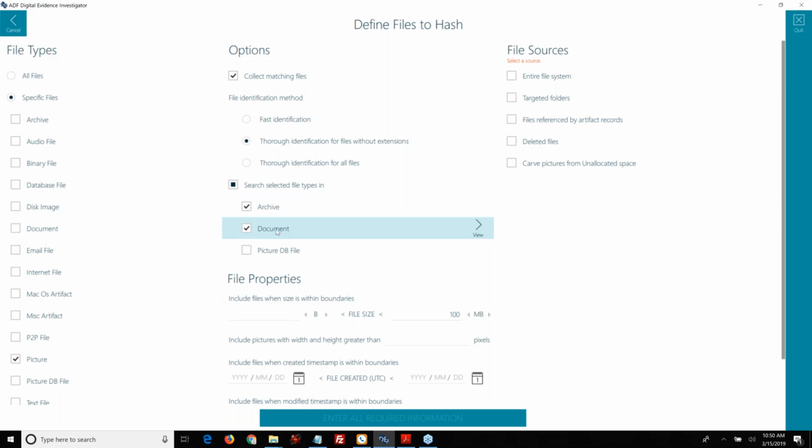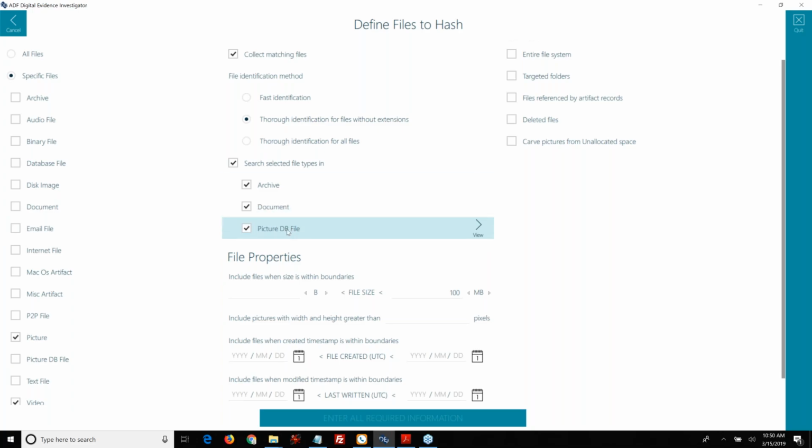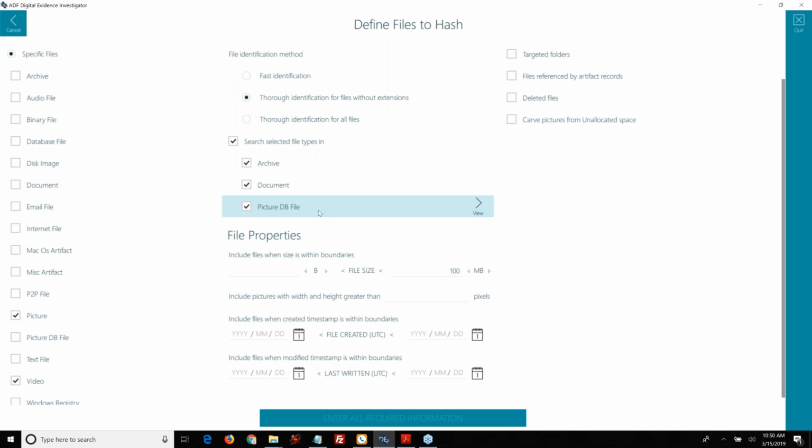I want to look inside of documents. I want to look for those embedded pictures. I actually had a case where the guy was downloading all his stuff and putting it into Word docs and putting them on thumb drives, thinking nobody would ever see them. So you want to do that, and then parse out any picture DB or thumb caches that you come across